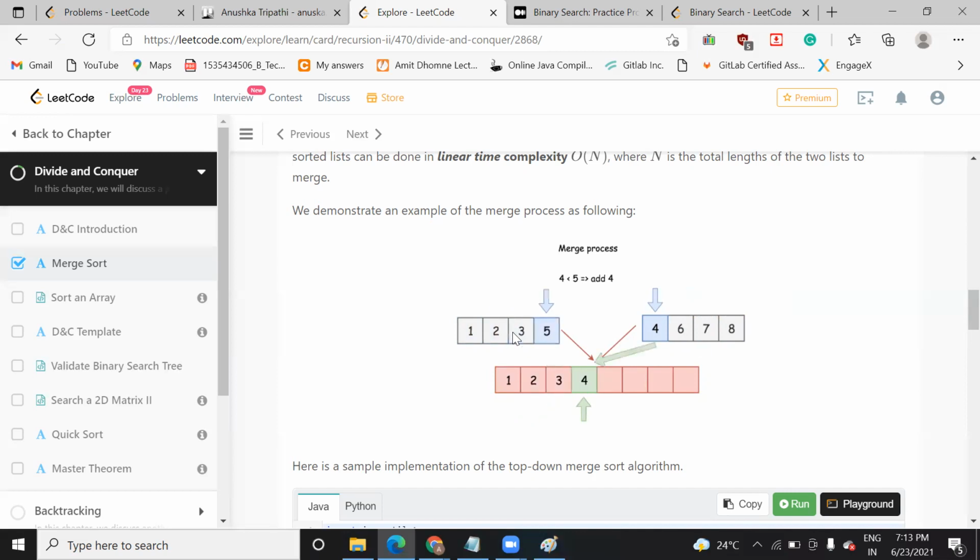If you use the brute force method, you simply apply the logic without taking care of whether you will get the output or not. So you will try every possible way to achieve the target. Okay, by the way, it is comparing 1 with 4, 2 with 4, 3 with 4, 5 with 4. Because these two are already sorted. Okay, makes sense.